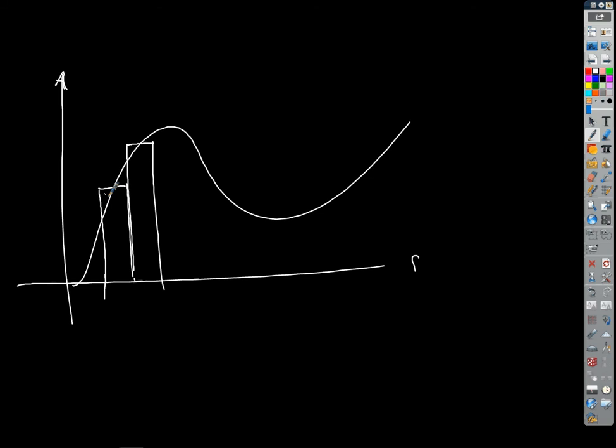Just curious, can you use multiple shapes? Can you say it again? Can you use multiple shapes? Okay, so you could,